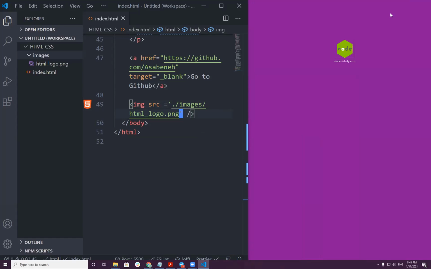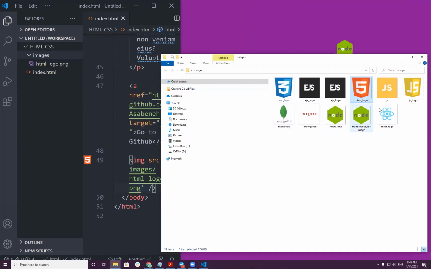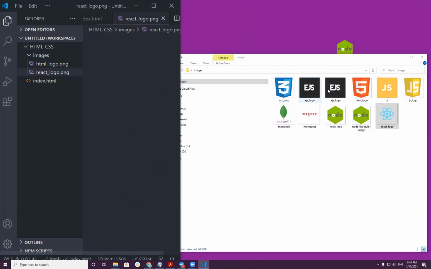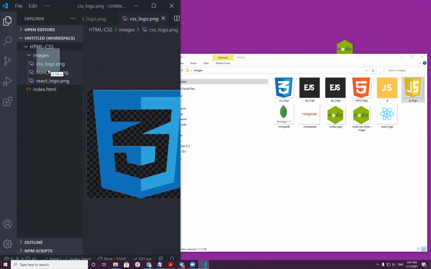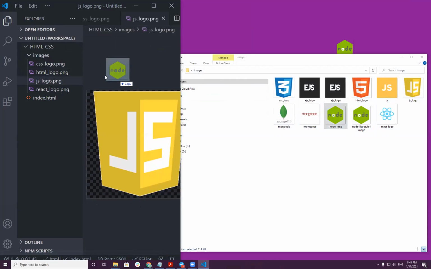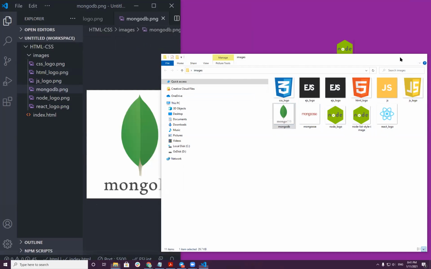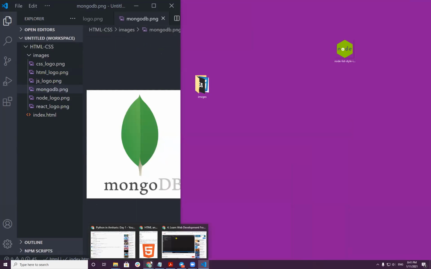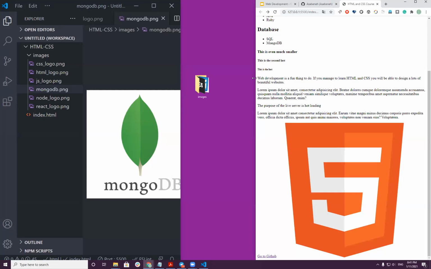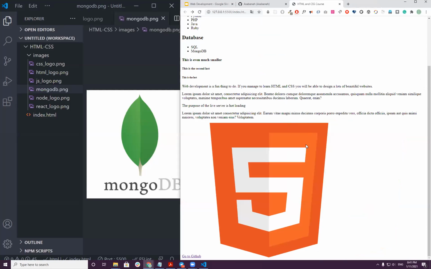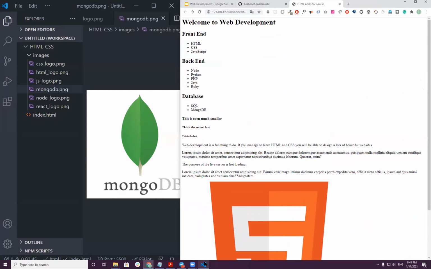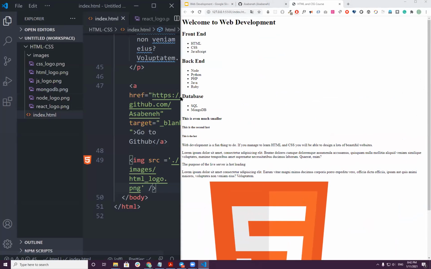Now let's also get more images from this folder. I actually take almost all of them, for instance, React and CSS, maybe JavaScript, Mongo, Node, MongoDB. I may or may not need them, but now I have plenty of them. So let's do another. Let's also display CSS. So to display the CSS,